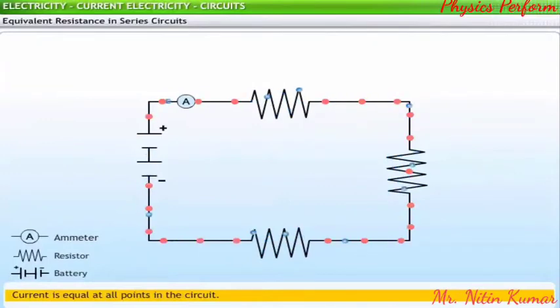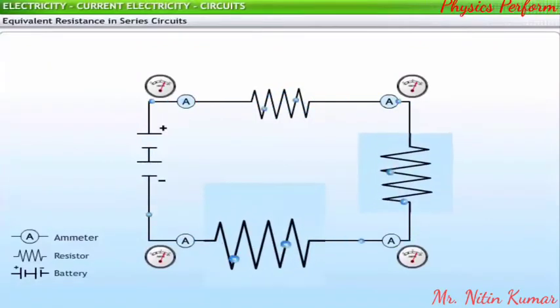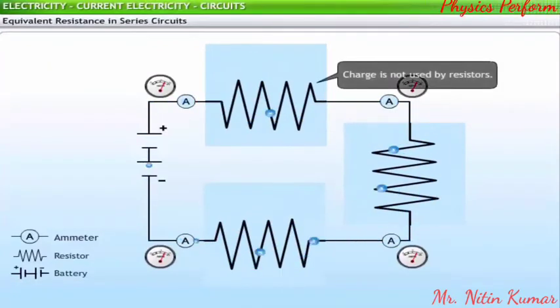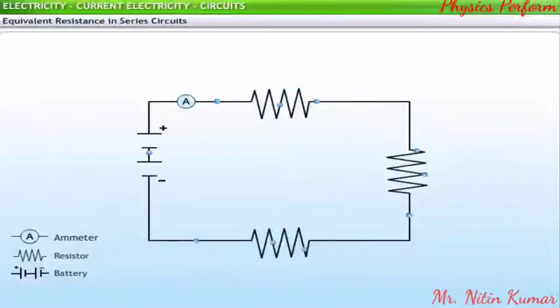The current in a series circuit is equal at all points. Charge does not pile up and begin to accumulate at any given location. Therefore, the current at one location is never more than that at other locations. Similarly, charge is not used by resistors. Therefore, the current at one location is never less than that at other locations. Thus,